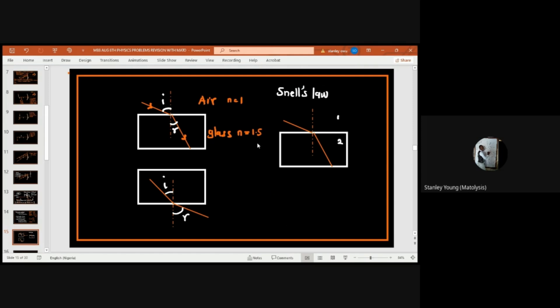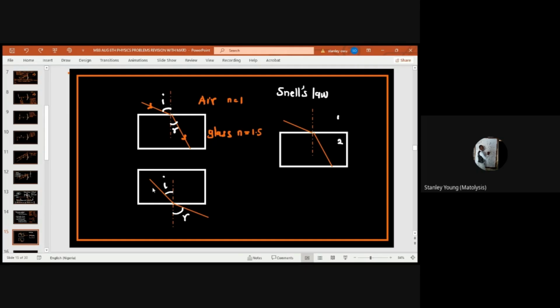So when a ray travels from a less dense medium to a denser medium, the line of refraction always comes closer to the normal. You realize that the initial pathway was something like this, right? And this is the new pathway, like this movement. So when a ray travels from a less dense medium to a denser medium, the line of refraction comes closer